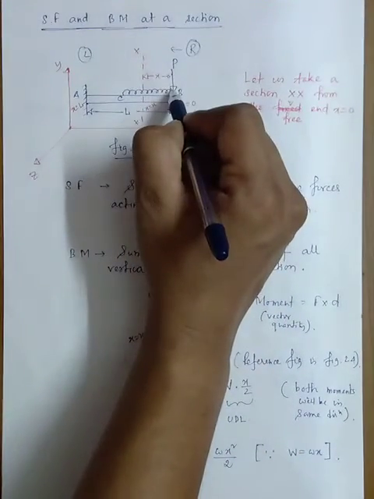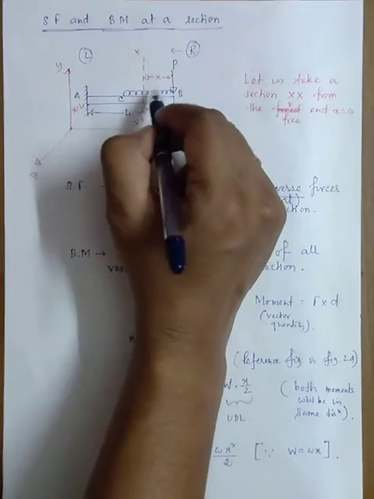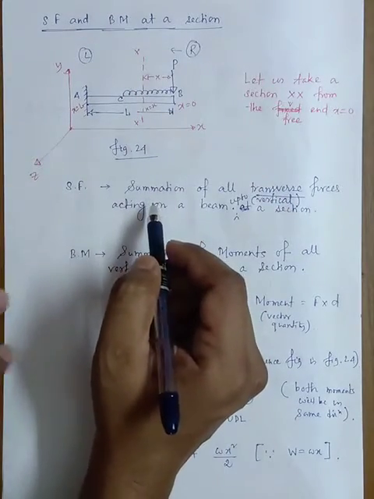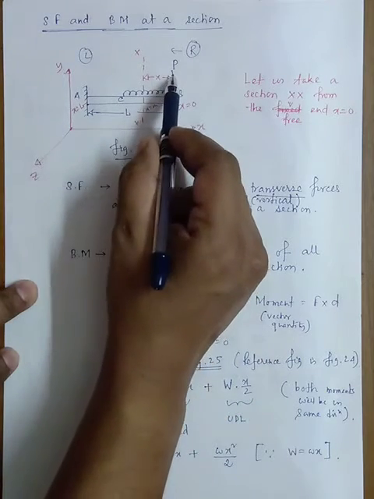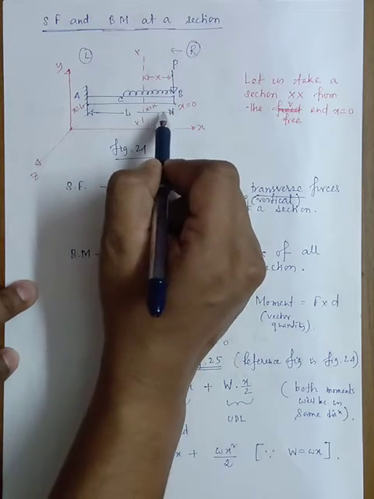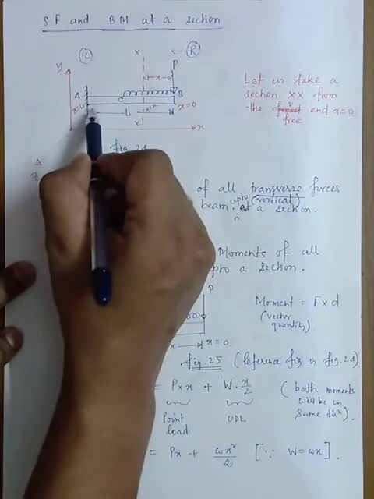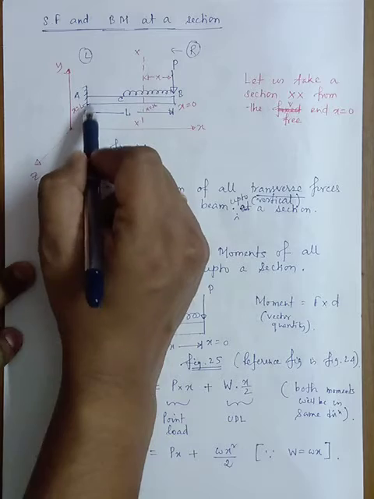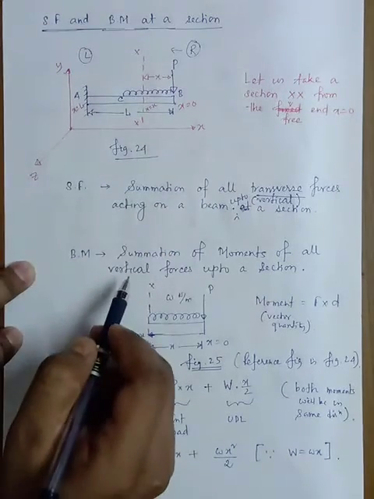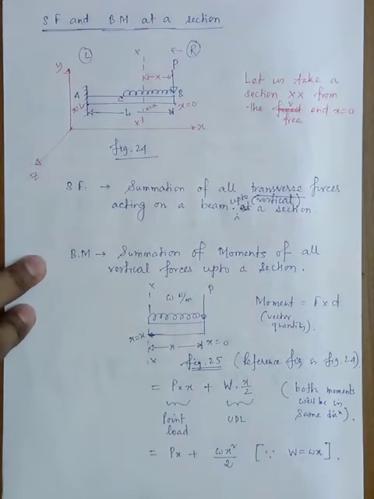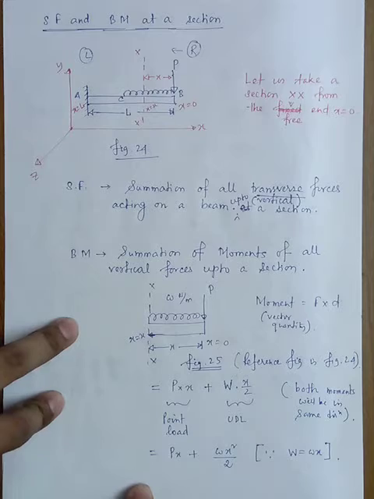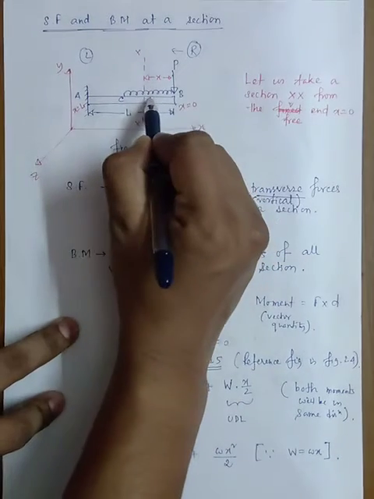So this is one vertical force, and this UDL is also a vertical force. It is not necessary that the loads always act from the top side. From the bottom side also there may be some loads. For a simply supported beam there may be two reactions from the bottom side of the span. So to understand the shear force and the bending moment, let us consider this section